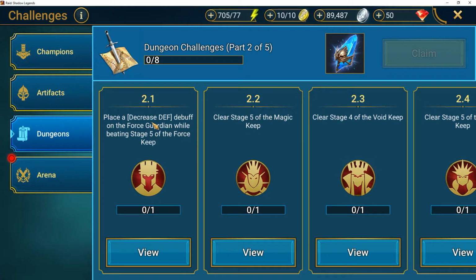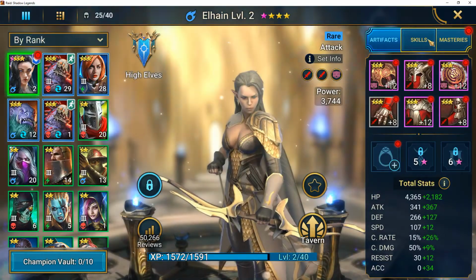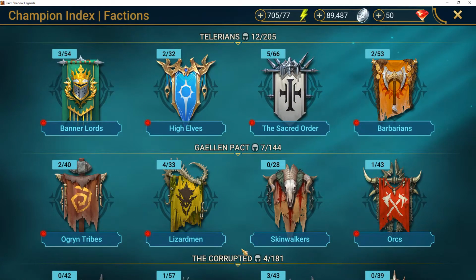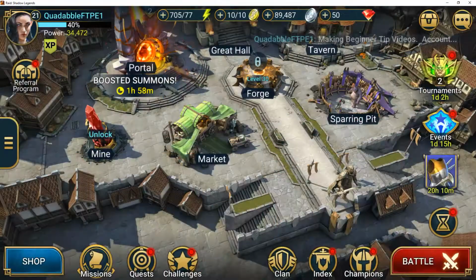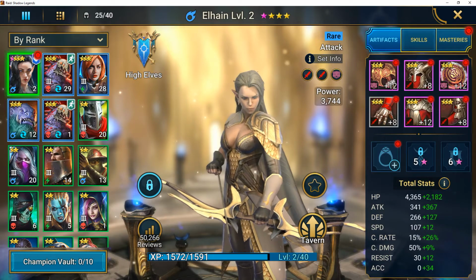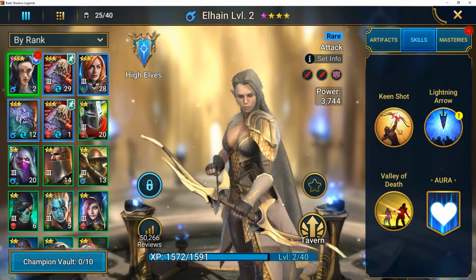And the reason we're going to focus on this is, okay, how do I find a champion quickly that can do this for me? The easiest answer is, you come over here to your champions. Now, you can go through your index and just start going one at a time through them. But what I've found is, if you start with your account, go to skills, and then just start looking at them,